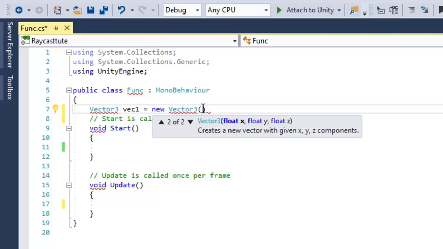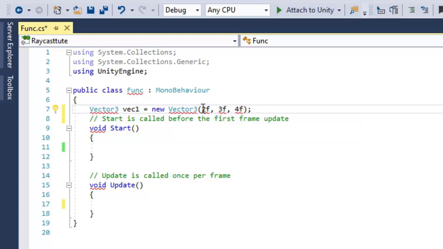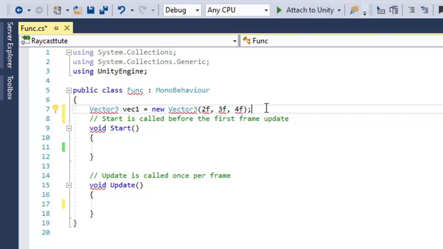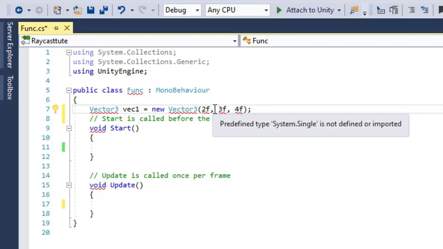Suppose 2f, 3f, 4f. Now we have created the vec1 variable of Vector3 and we are assigning 2f to the x direction, 3f to y and 4f to the z direction. I have written the f because it denotes the float type.